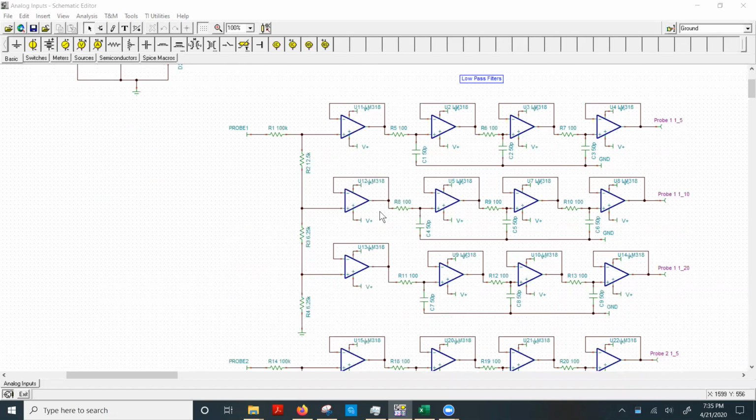Inside the probe, at the front of the probe, there's this chain of resistors. And this chain of resistors creates a voltage divider that will divide the voltage measured at the probe by a different ratio. So this top level right here will divide the input voltage by 5. This divider right here will divide the input voltage by 10, and this voltage divider here will divide the voltage